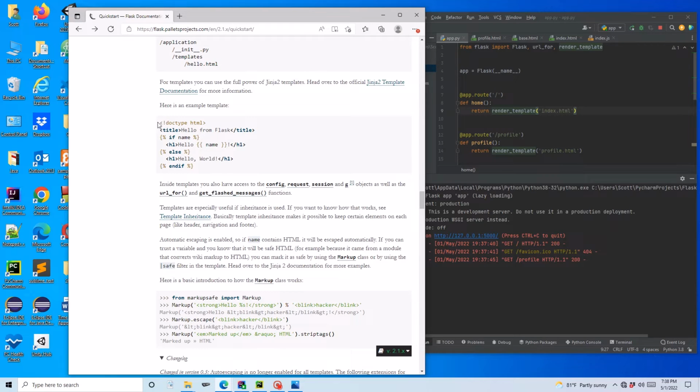But here they give us an example, and this is pretty much what we're going to use the majority of the time. Now, if you do need to use some sort of other command or input, then you can obviously go here and see the documentation for that. But here, this is just a quick overview, and this video is already taking enough time. So yeah. So if we want to render a statement, so like an if statement, a while loop, or a for loop, then we would use